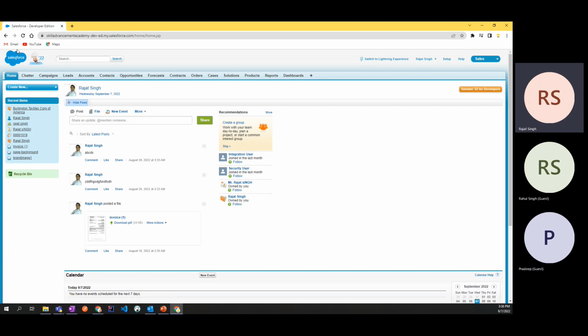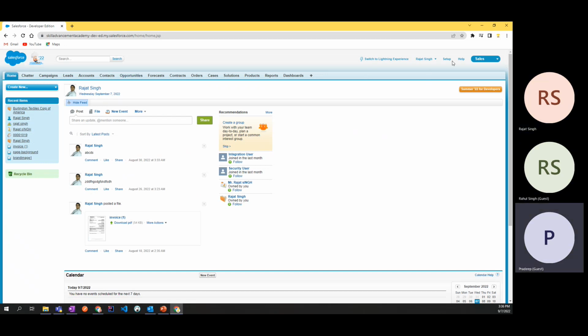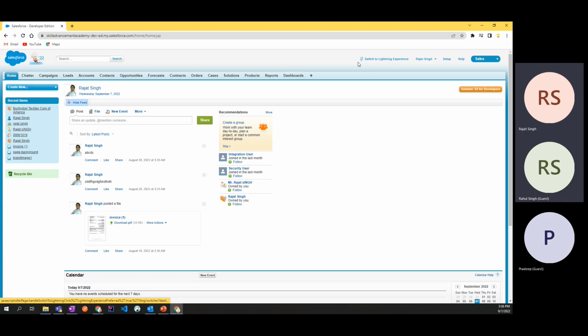Okay. So what we were learning, we were just learning this button, how we can switch to Lightning experience,